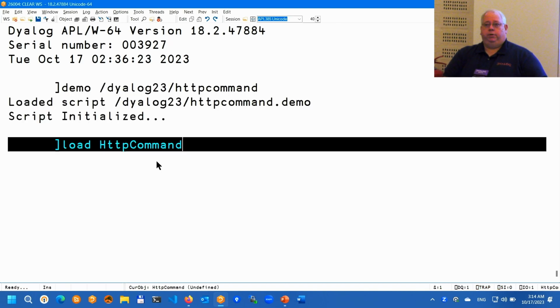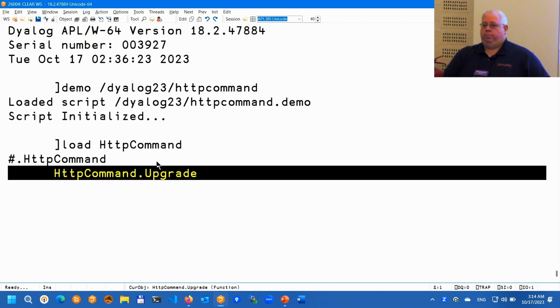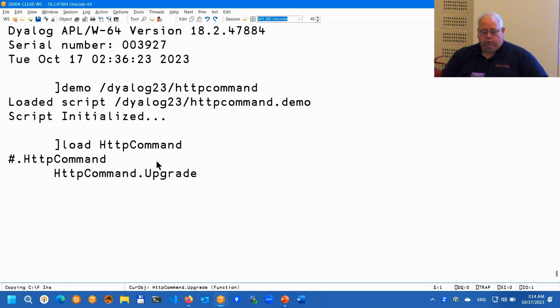Okay, so the first thing I'm going to do, HttpCommand ships with Dyalog, and so you can load it, and it will load into your workspace. But the next thing I'd like to do generally is an upgrade, because the version that's in your Dyalog installation is what was released when that installation was built, and there may be newer releases. And so if you do an HttpCommand.Upgrade,